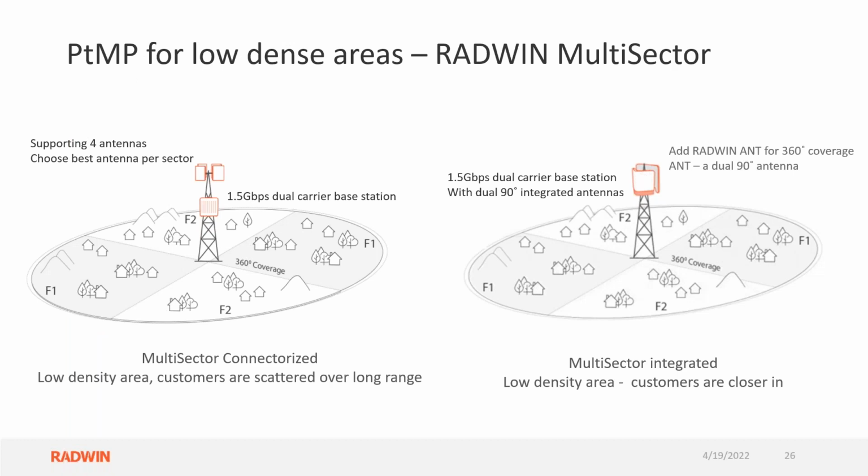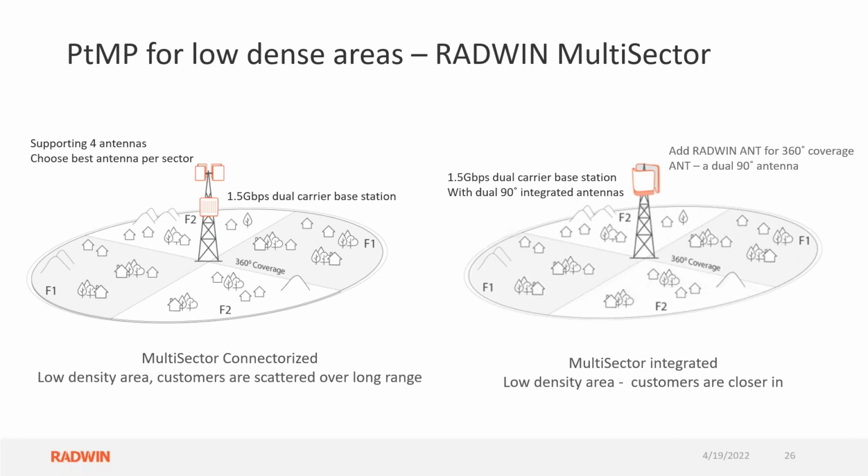All right, so if we look at the density comparisons between the multi-sector connectorized and the integrated, on the connectorized you can do 2 of those panel antennas, or you can do 4 total. You can do 2 per radio, so you put 2 radios in. Each radio is capable of 750 megabits a second. So 2 of those back to back on the same tower gets you 1.5 gigabits of actual throughput supporting 4